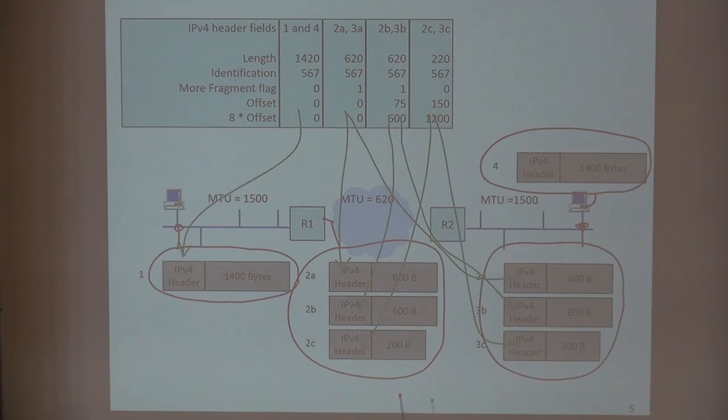Now with UDP, you want to allow for a message size that may be larger than the MTU. So with UDP, you can have packets that are much larger than the MTU, up to 64K bytes, I believe. Then, if UDP issues a datagram that is larger than the MTU size of this machine, it will be fragmented at the source here. We don't want routers to fragment because it's a lot of work for a router, and we want routers to do as little work as possible.